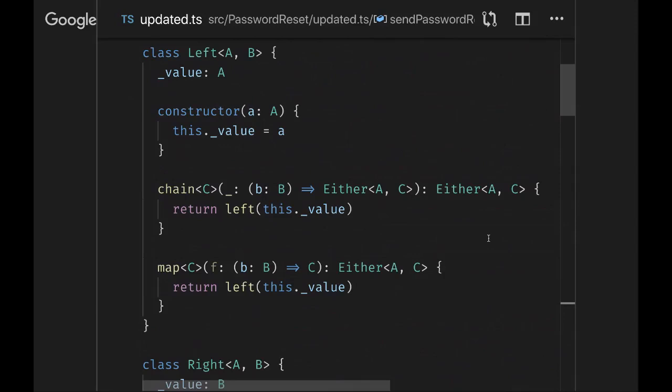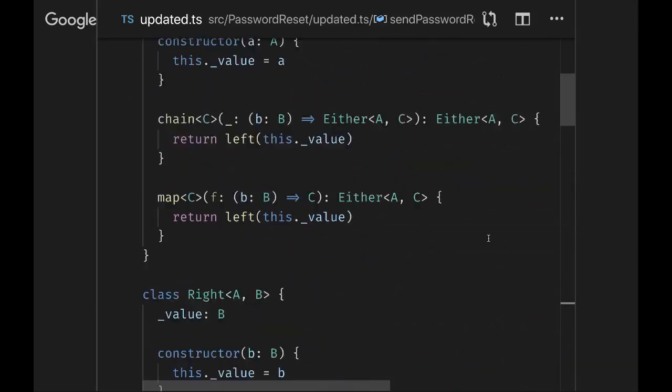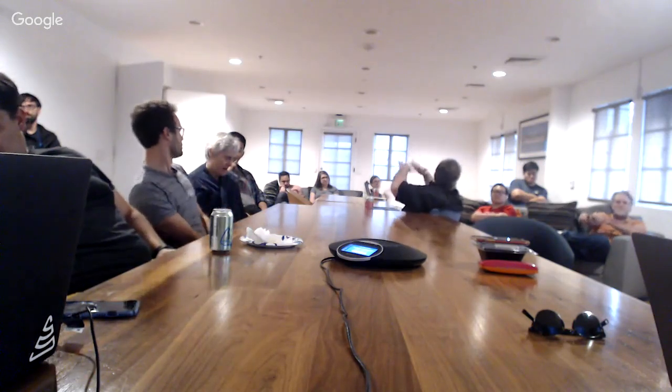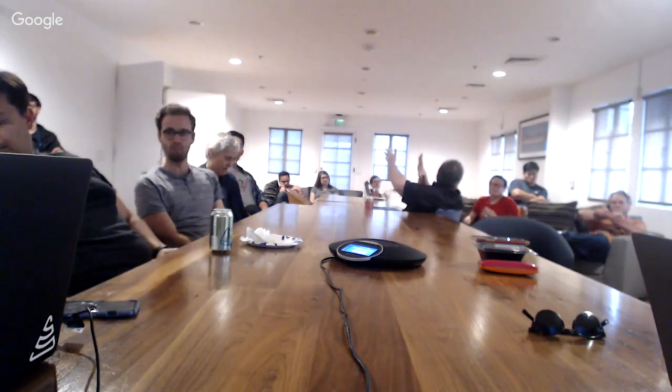I mean, I have to think about it more, but I think you captured my, how should I say, my queasiness. Yeah, you know, I think this is like an either all the way down, right? Like 4 layers. But the chain method is constructed in such a way that it only ever goes back 1 layer.